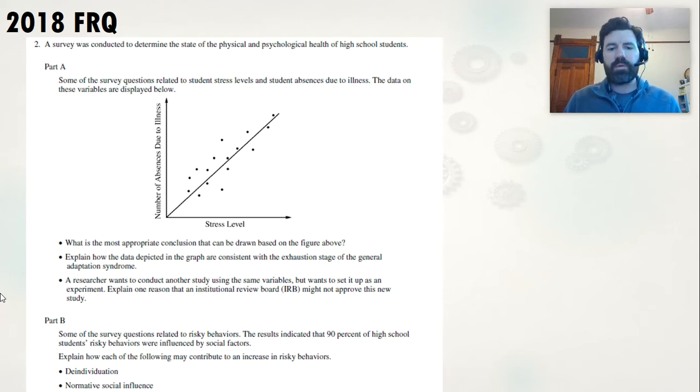It's essentially talking about risky behavior, and then it actually includes two social psychology terms. And as a reminder, on the 2020 AP exam, there won't be any social psych terms. So you would not see something like de-individuation or normative social influence. Those are both social psych terms. But it's good to remember that on research FRQs, they will still throw concepts at you from these other units that you'll need to know about.